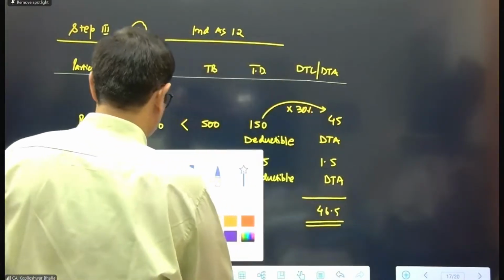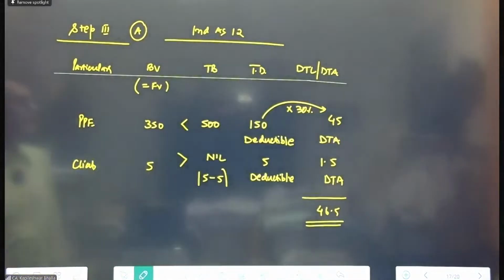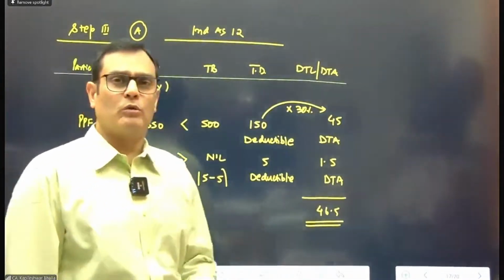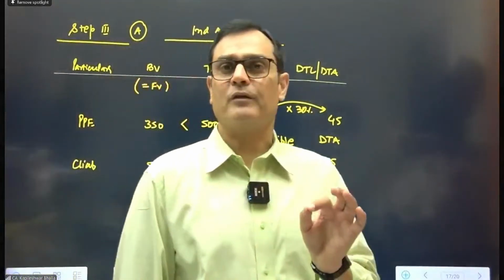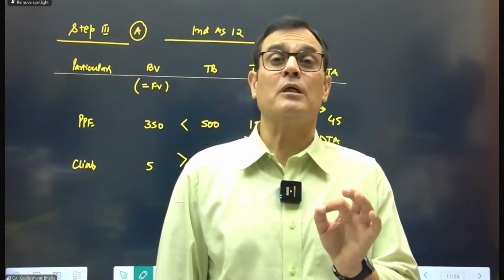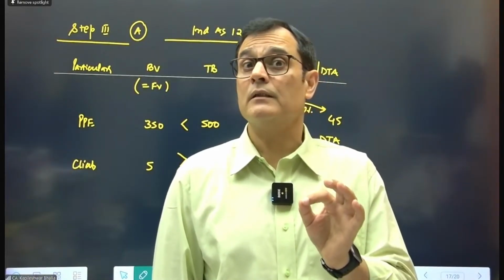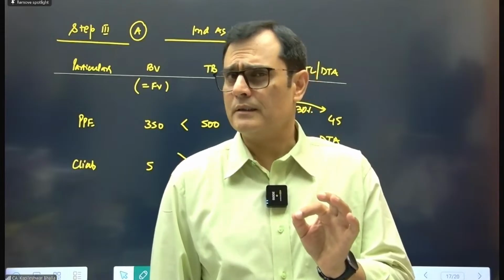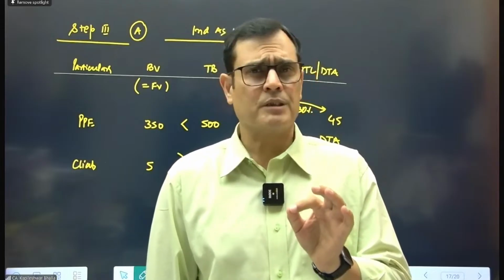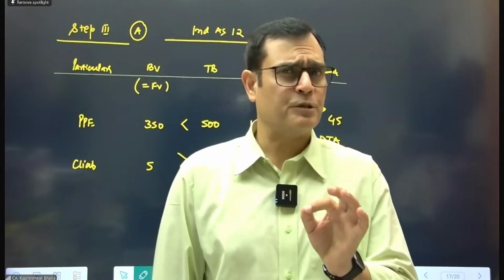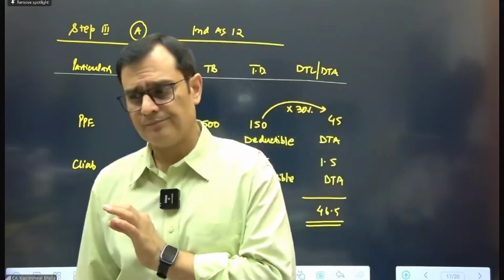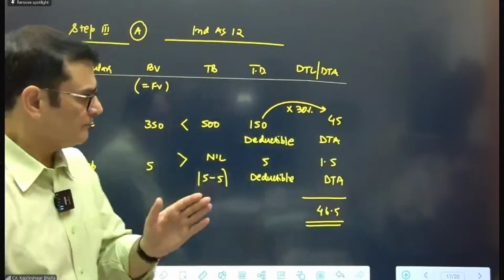Okay, now with this, I think we're ready to go to step number 3B, wherein we need to organize all the assets and liabilities at a fair value and also keep in mind that there might be certain assets and liabilities not in the balance sheet but to be captured. Is there any such item which is not in the balance sheet but is to be captured in the list? Yes, sir. We need to capture share payment as a